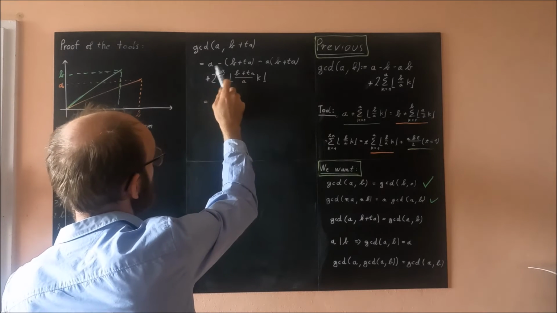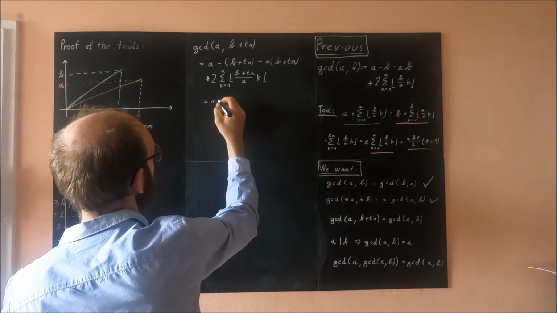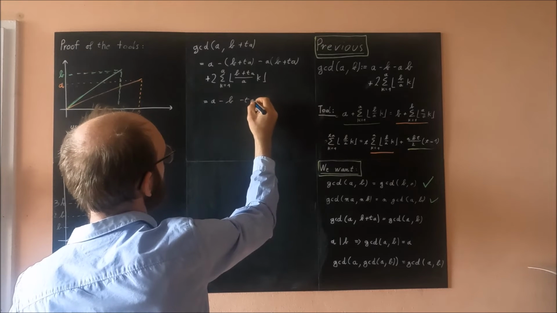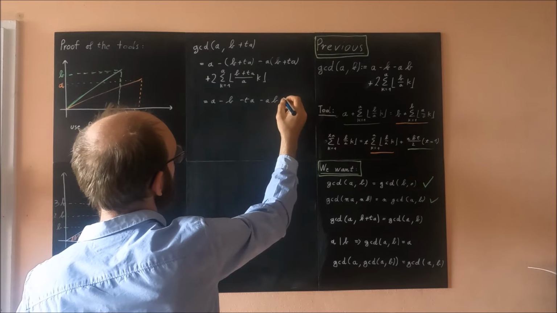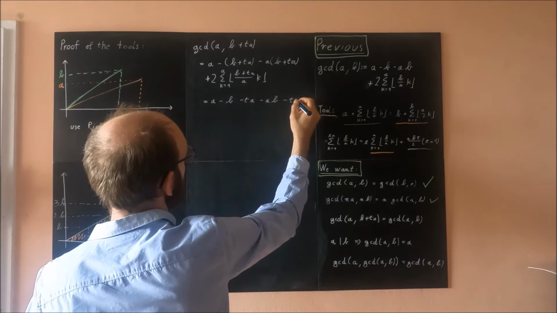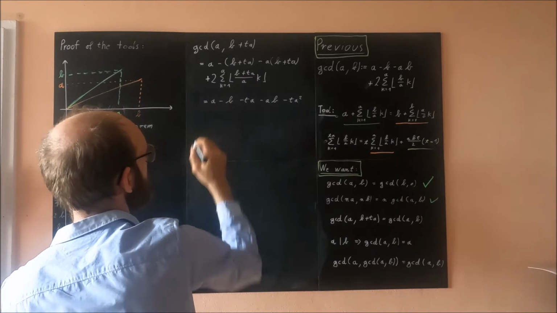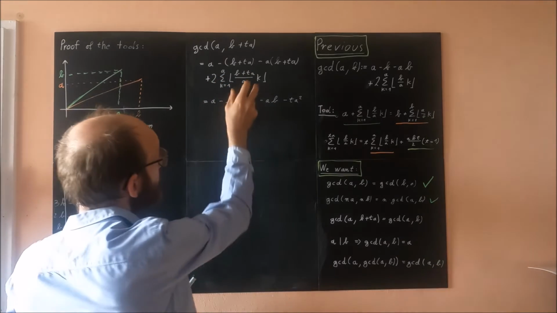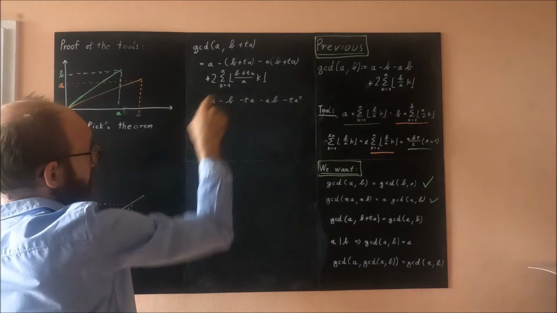So here we have a minus b minus ta minus ab minus ta squared plus 2 times this sum, and I split up the fraction here,